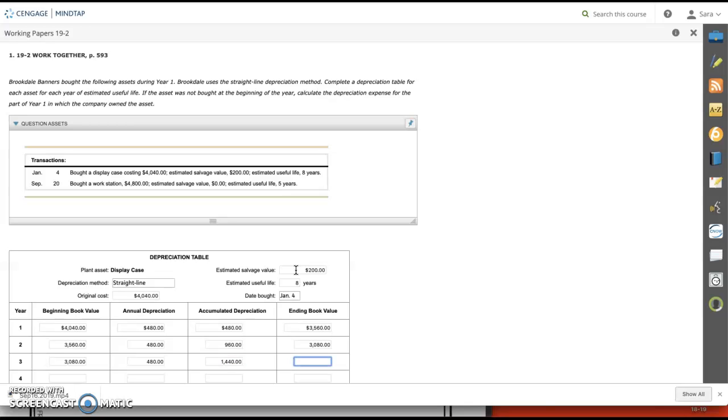And so our ending book value right now is $2,600. So $2,600, $480, $1,920 for accumulated,